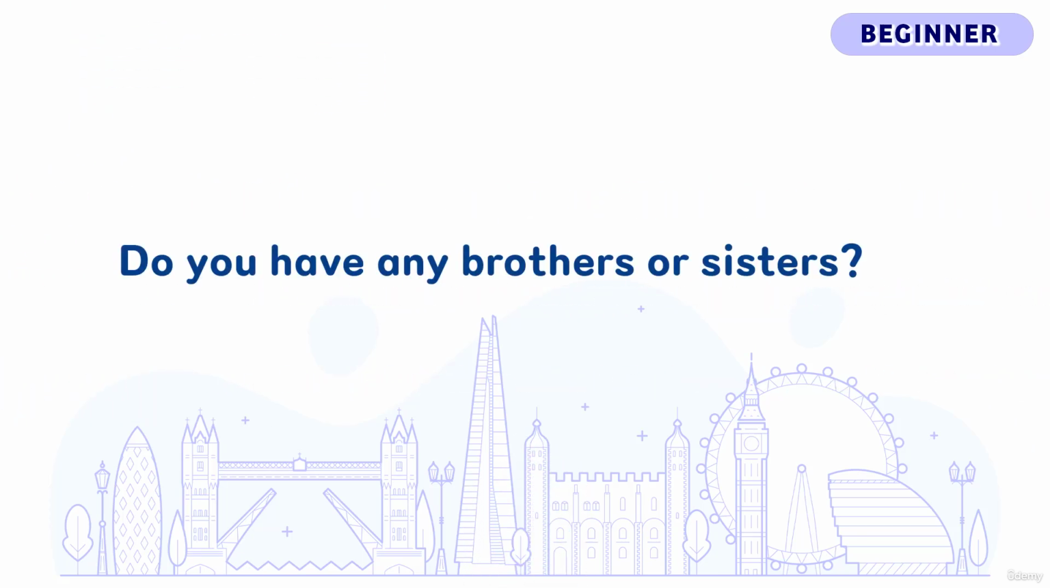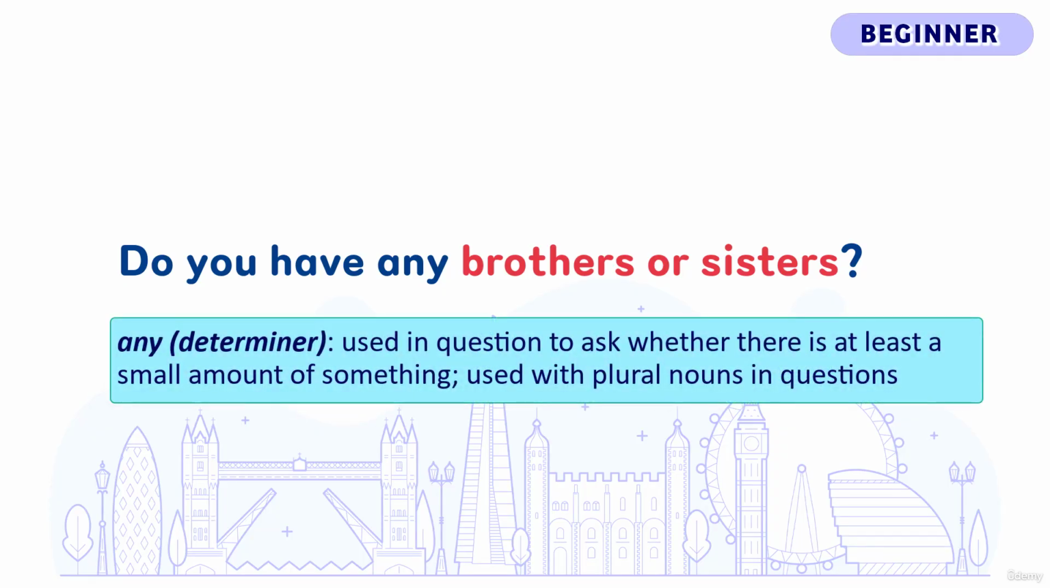Okay, first to ask if the other person has brothers or sisters, we can ask, do you have any brothers or sisters? The key phrase in this question is, do you have any? After this phrase, we can use various nouns to ask if the other person has that noun. The use of the word any helps to ask if the other person has even the smallest number or amount